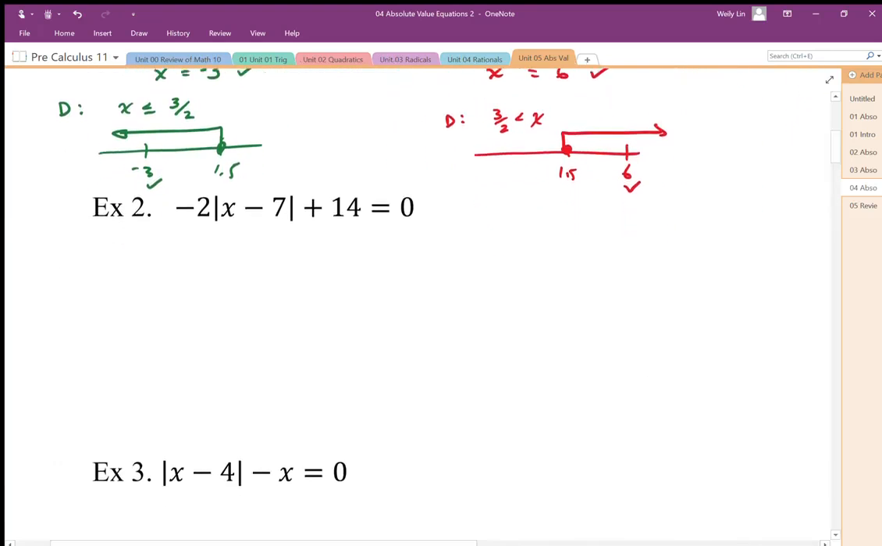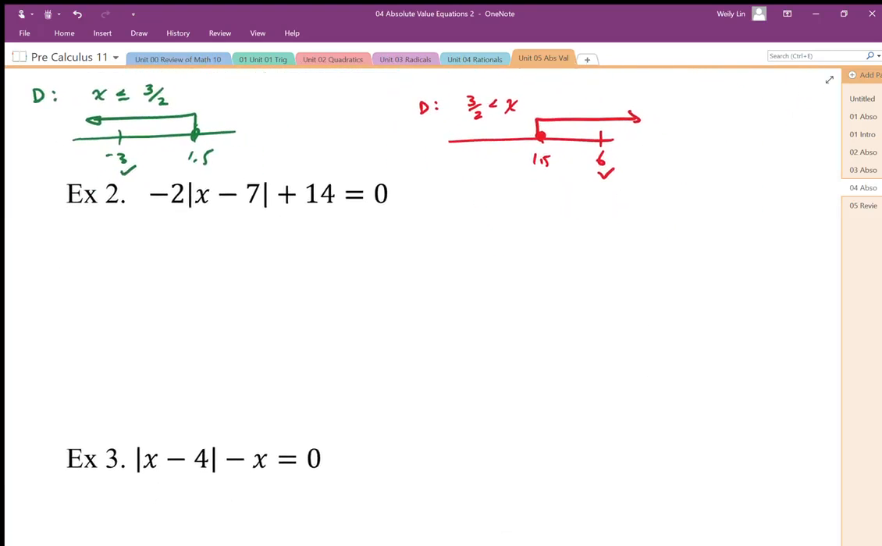So let's apply this again. So we have here, we want to solve for the absolute value. So divide by -2, end up with that equation. Okay. Once I get to this part, the main idea then is when I undo this absolute value, I have